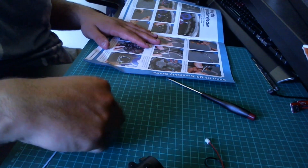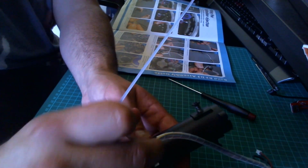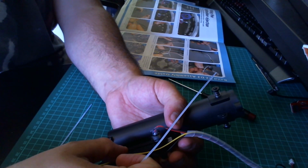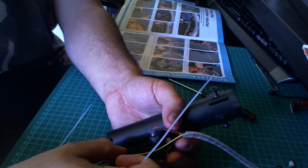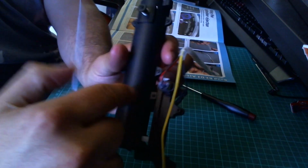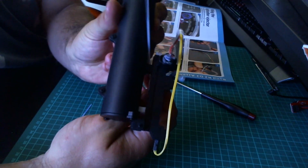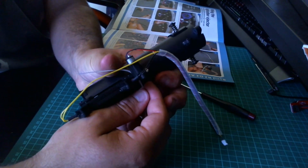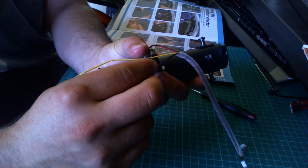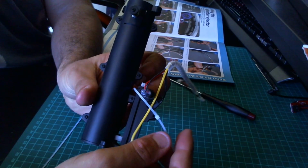Right, so now what it wants us to do is use one of the cable ties to hold the wires to the side of the ejector mechanism. So just get this right. Okay, so as you look at it upwards like this, you want to put the cable tie through this top part here and then round under the motor, and if I do it I can show you a better angle. So it wants it to go round there,